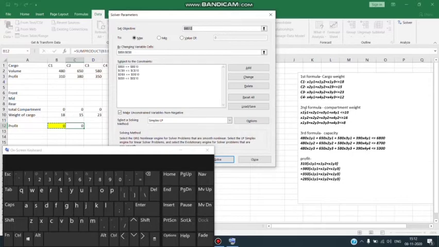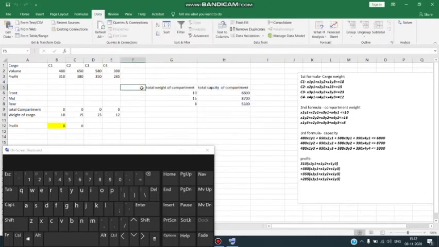Now let's add a second constraint. The second constraint was related to the compartment weight. Here it says that for compartment weight, that is for front section, each value cargo 1, cargo 2, cargo 3 and cargo 4 should be less than or equal to 10. So what I'll do is, I'll close this.